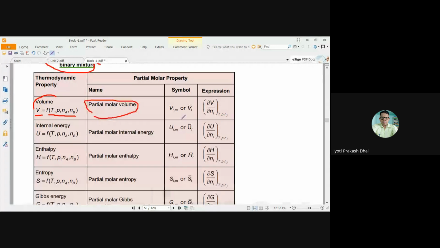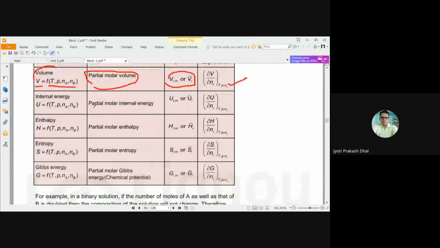The symbol can be represented as ViM or Vi bar, and Vi bar stands for del V by del Ni at T, P, Nj. Here i is the number of moles of the ith component, and j is the number of moles of the jth